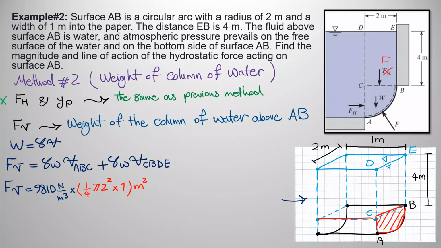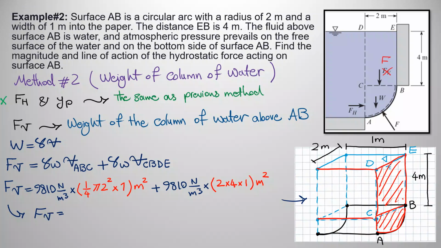Now, plus, again, 9,810 Newton divided by cubic meters times volume of CBDE. That's easy to calculate too. It would be area of this rectangle times width, which is 1 meter. So again, I'm going to write it in red, the area would be 2 meters times 4 times 1. There we go. Now if you calculate this, you would see that again, FV would be